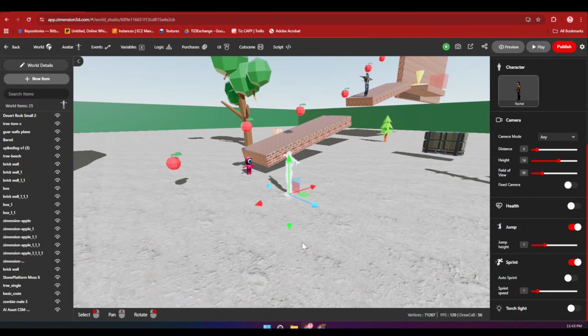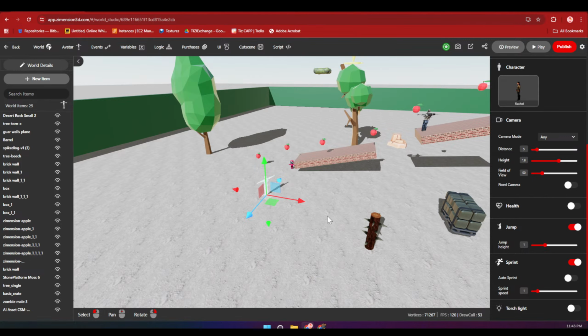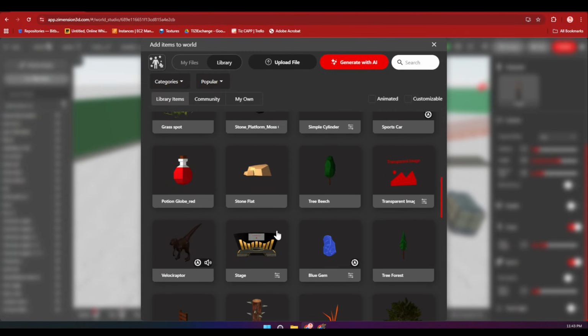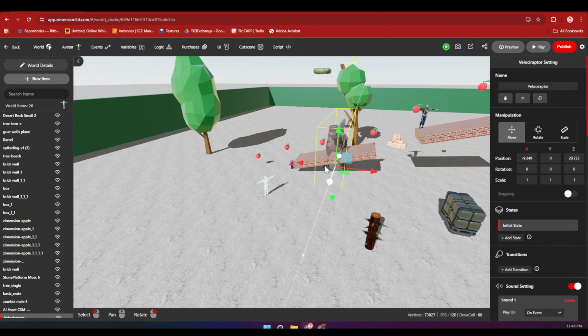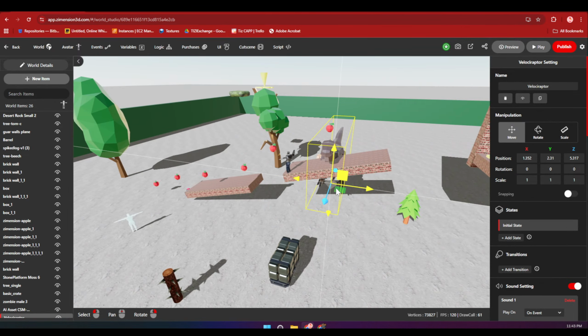So if you want to make a jump scare, let's say you want to suddenly make this dinosaur appear when you are climbing or when you've collected this fourth thing.